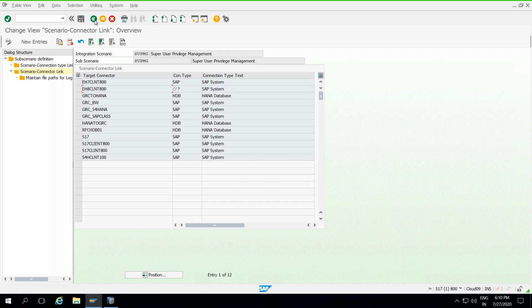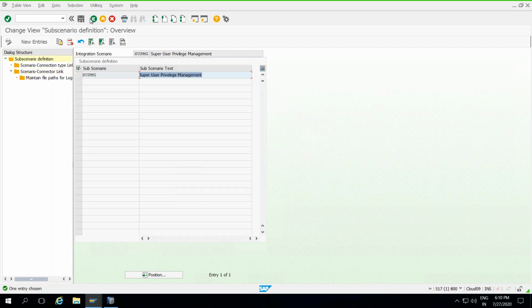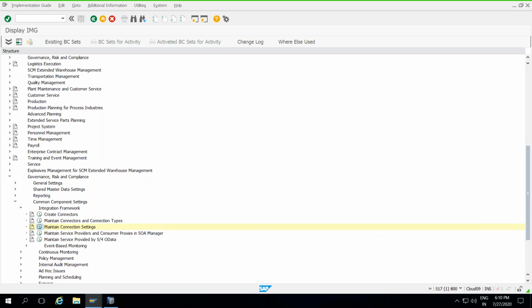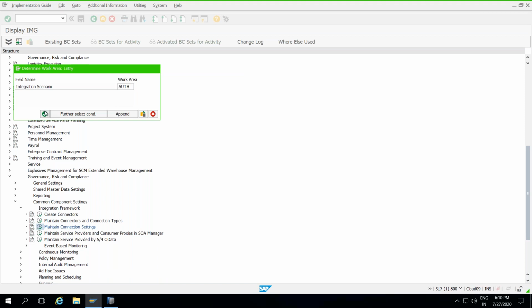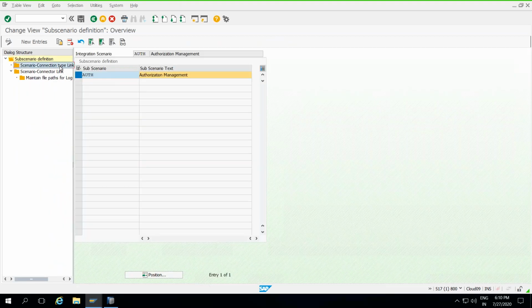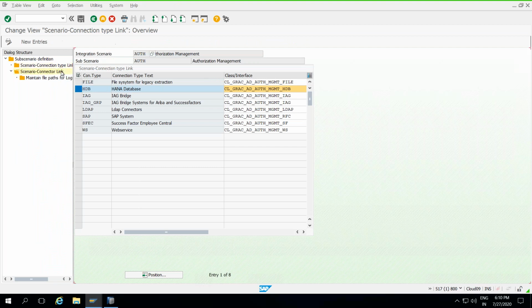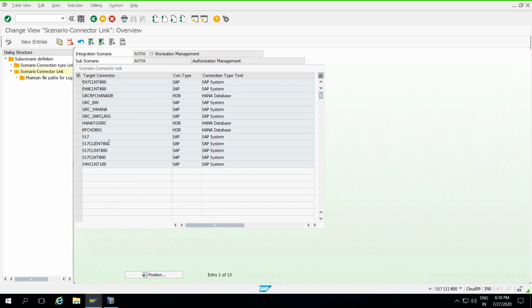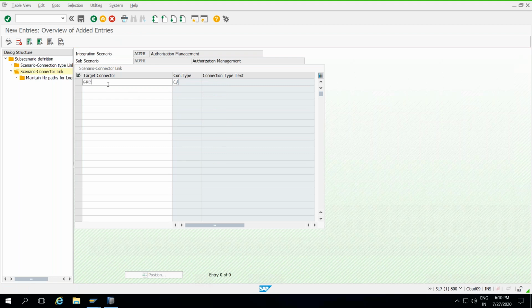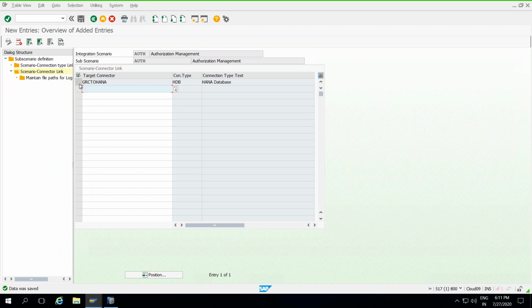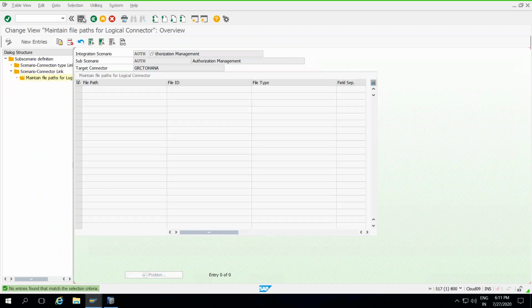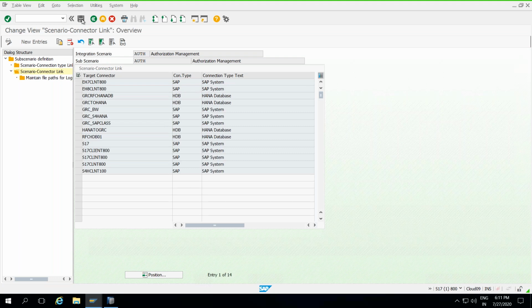Simple. If you are using the same concept from the ARA point of view also, I can go for maintain the integrations, browse option. From the ARA perspective, add this connection detail in the ARA. Select the connection scenario link, click on new entries. Is the RFC there? No. Is the database connection there? No. So you can add it manually. The connection is the most important thing when you are doing any kind of setup. That is also done. Next, the logical path, nothing is required.